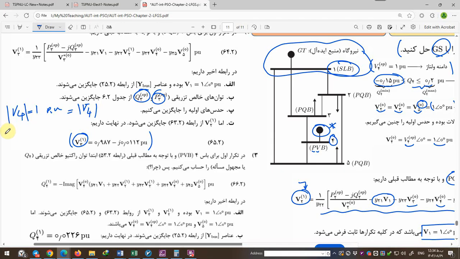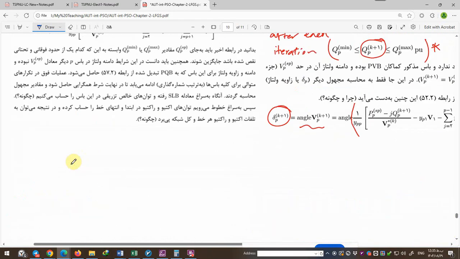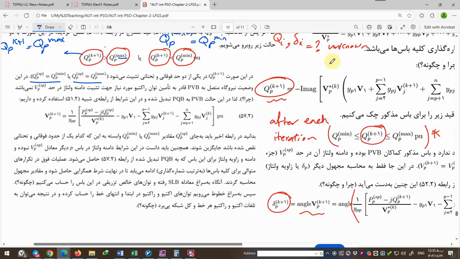Which parameters of bus number 4 would be determined? The delta 4 is unknown, and Q4 also is now unknown, and to find the Q4, we have used this formula. In this formula,